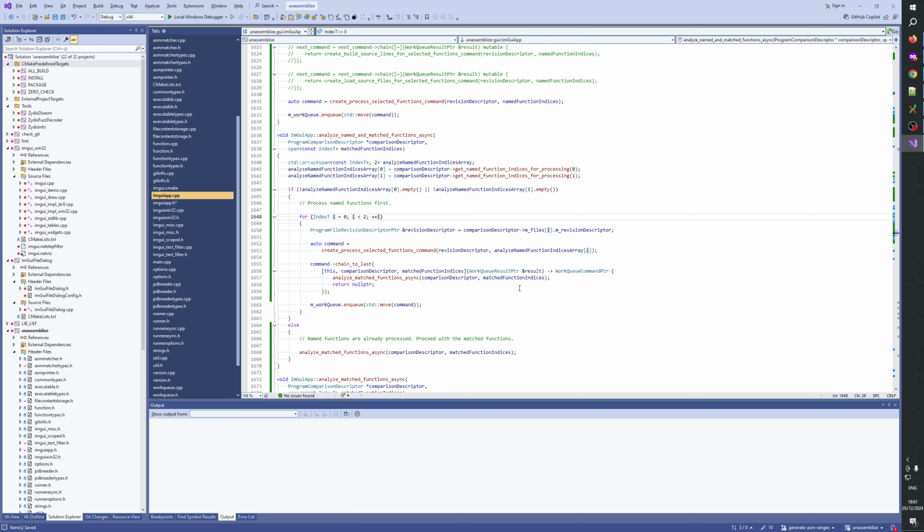That's not good. Can we maybe give a state with this callback to say